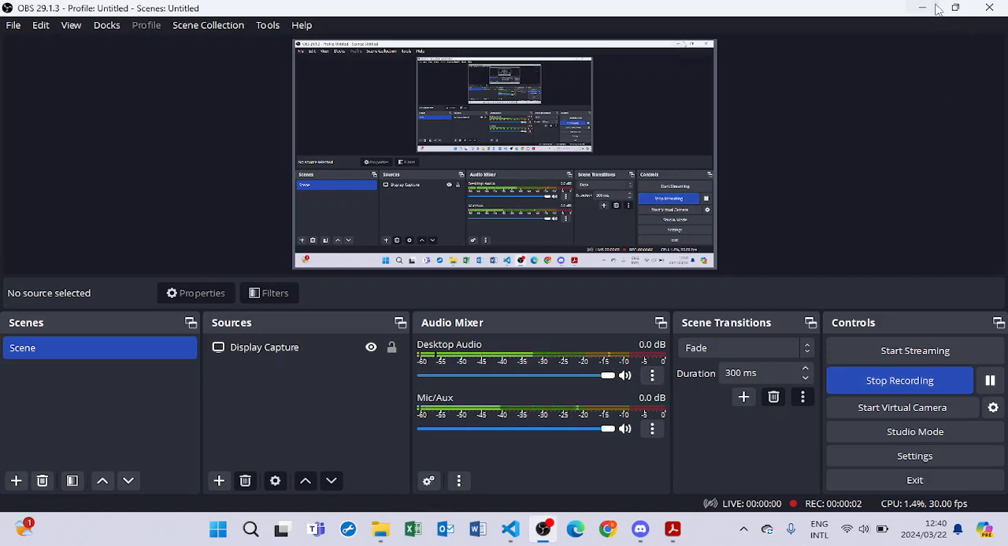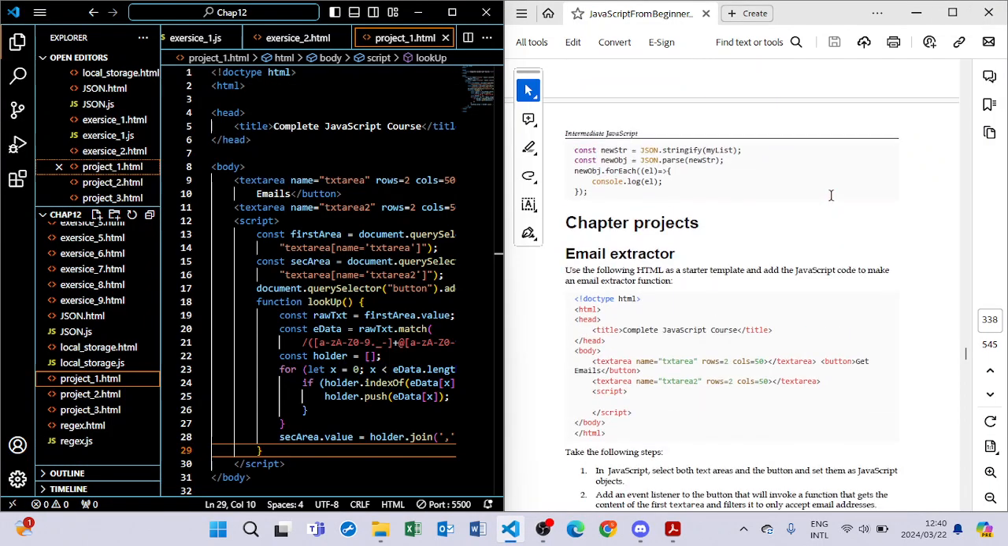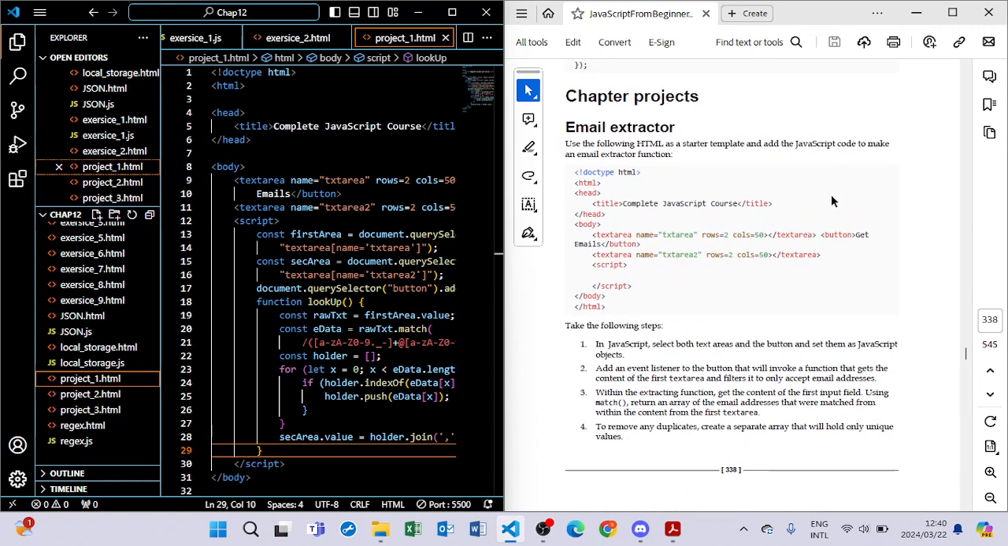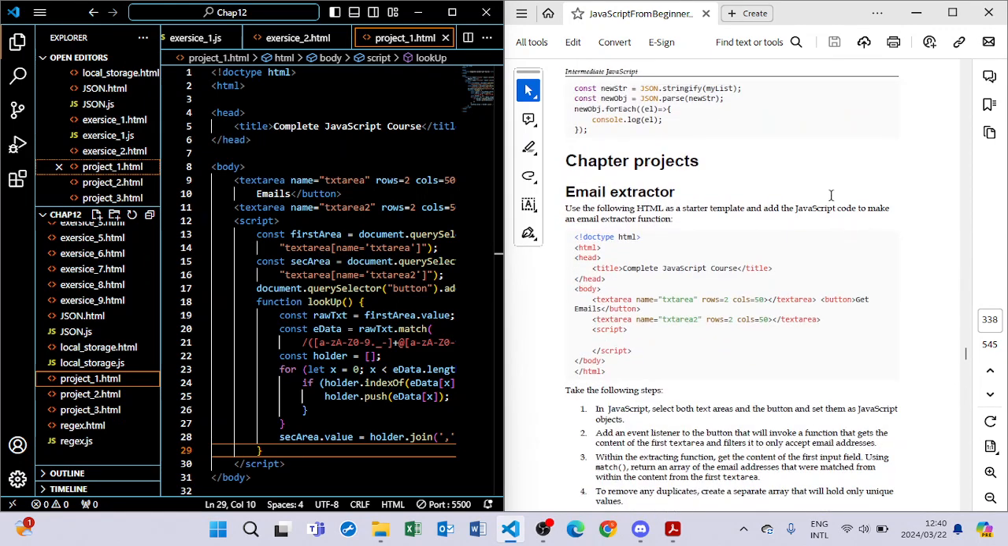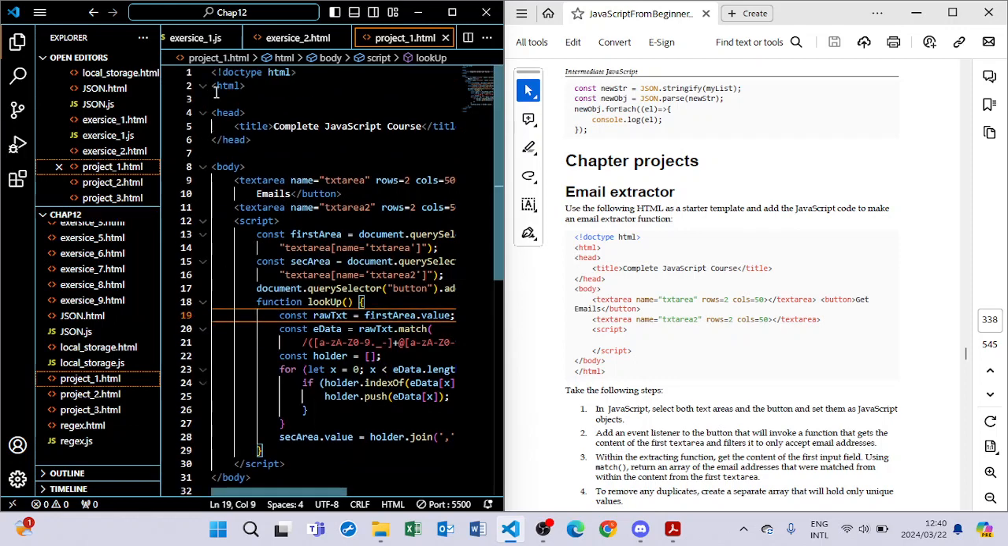Okay, I will be doing chapter 12 of advanced JavaScript. An email extractor. Use the following HTML as a starter template and add JavaScript code to make an email extractor function. So you have to copy this, paste this. As you can see here,